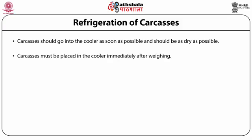Carcasses must be placed in the cooler immediately after weighing. They must hang on rails and never touch the floor. After several hours, the outside of a carcass will feel cool to the touch. But the important temperature is that